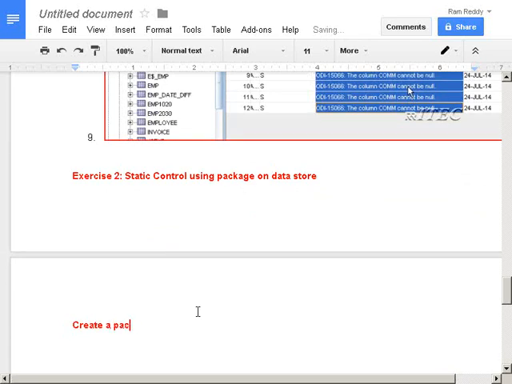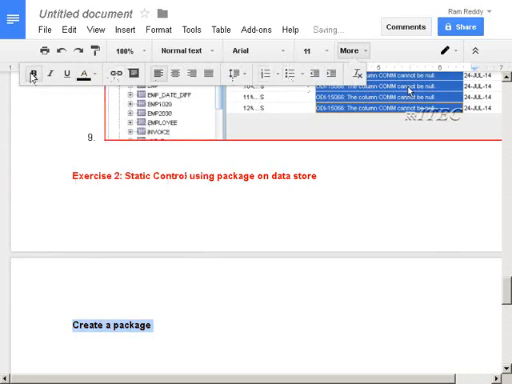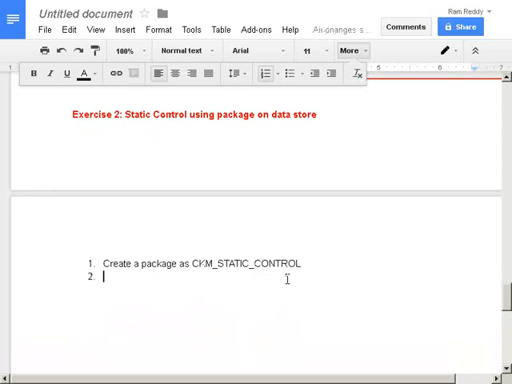Create a package as ckm underscore static underscore control. Create a package as ckm underscore static underscore control.